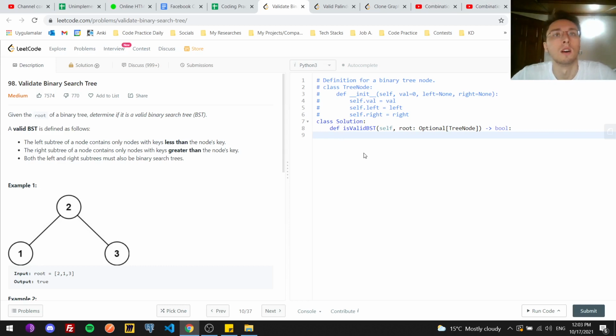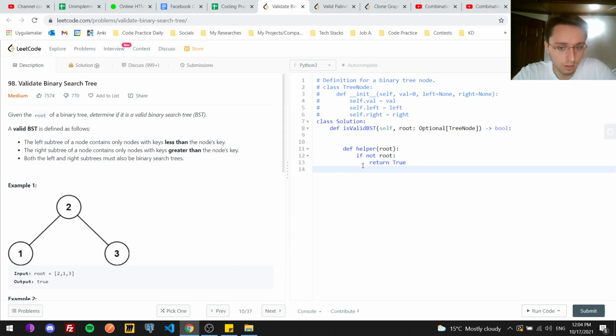For this, we can just use recursion because it's easy to check left and right. And I'm just gonna define a helper function that will take a root. This is the helper function for recursing. So if not root, if it is empty, it will return true, right? Because an empty tree is a binary search tree,